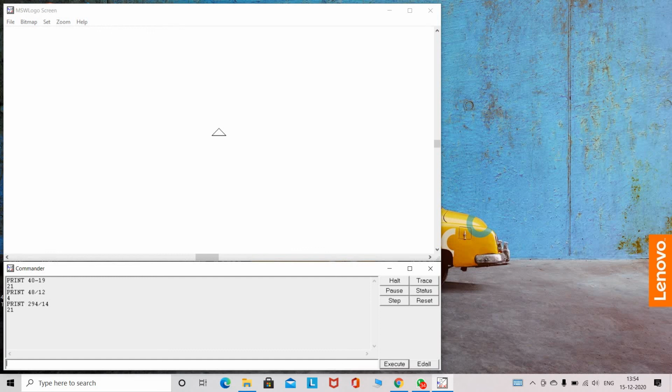Now next one. There are 3150 students in a school. Each classroom can provide seats for 50 students. How many classrooms will be required in all? So simply print, you have to always divide, because we have to calculate only one content. So the total is 63.